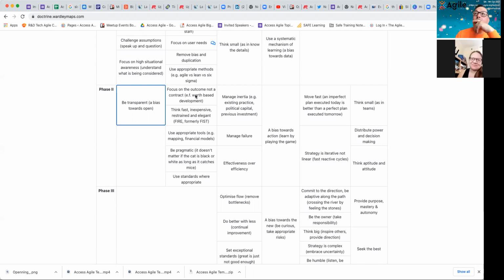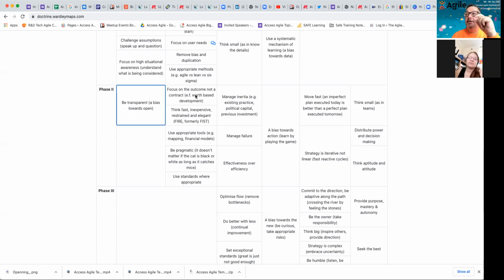So move fast. An imperfect plan executed today is better than the perfect plan executed tomorrow. I believe that was General Patton. It's one I've used for years. Strategy is iterative and not linear. So, thinking about next February 2022 (my God, where did those two years go?), we are going to develop a strategy a little bit. Anything I say today might change after October, when we go through the reflection and improvement.